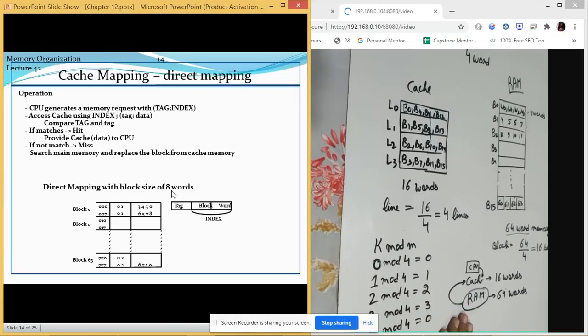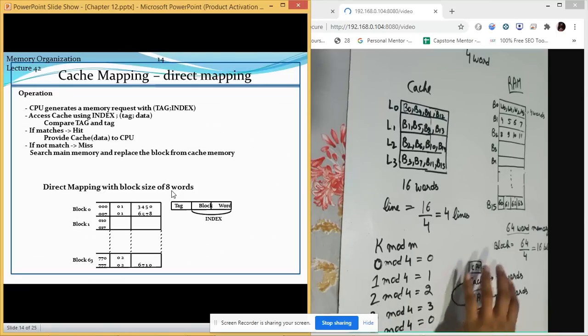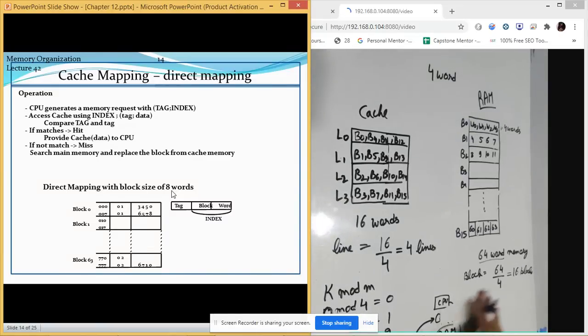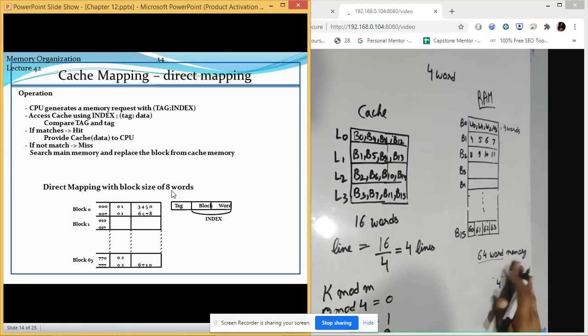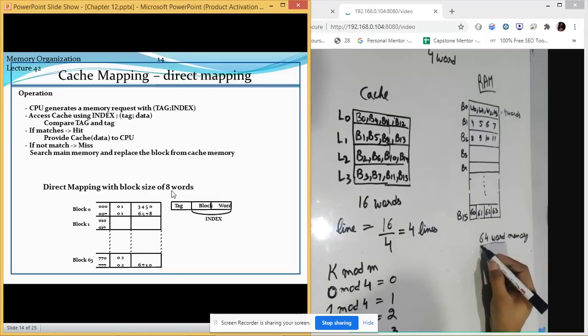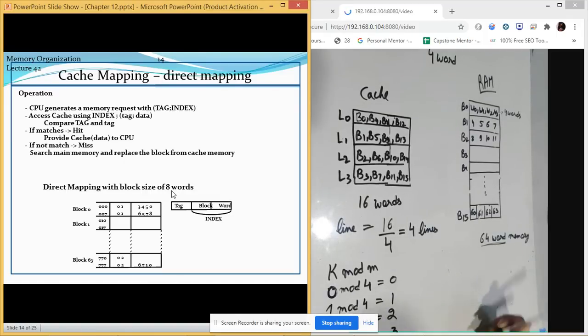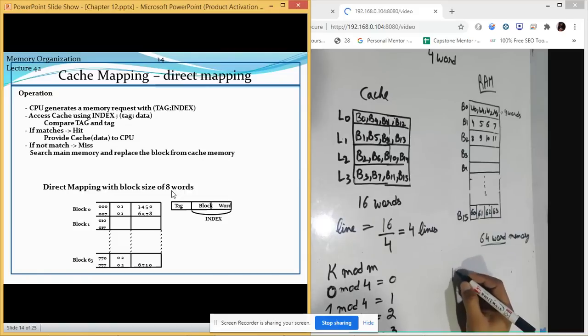Now the next thing is how we divide the addresses. How do we find out the addresses in this? Let us discuss that. This is something clear to you. Now how many total words do we have? It is already clear how many blocks we are going to choose. There are 64 words till this point. If I want to refer to these 64 words exactly, what will be the number of bits which I require?